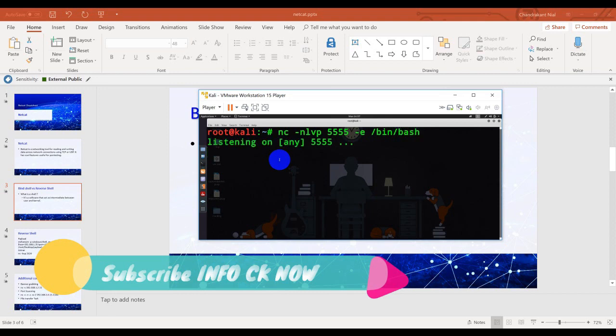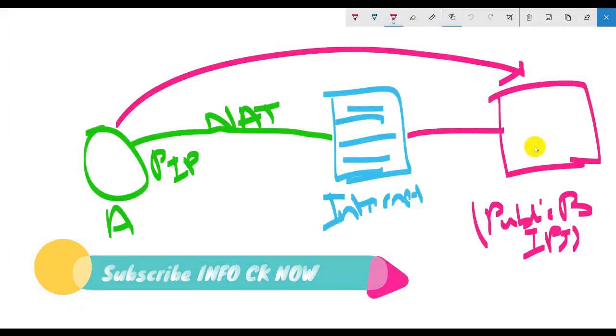It is now listening for anyone trying to connect to port 5555. As I said, user B is running behind a public IP address as per the scenario, and user A is inside a private IP address.